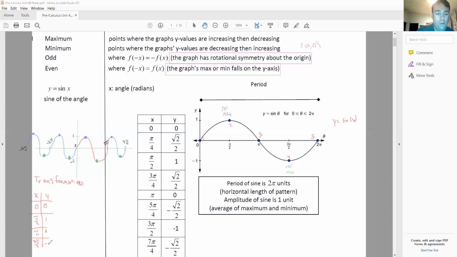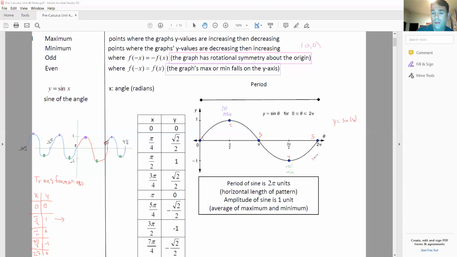And negative 1. And then our last point is 2 pi and 0. And we're going to take these points and we are just going to end up doing our transformation for them. So while we're starting with sine, what we're going to end up getting to is a graph that is